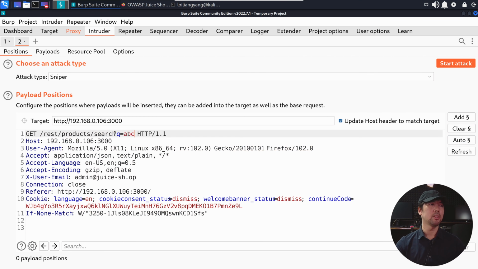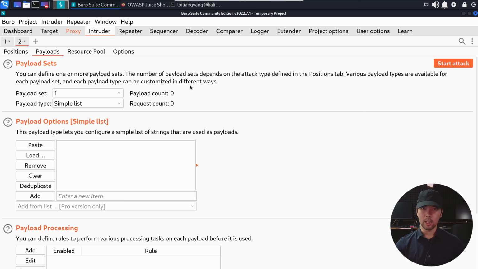So I can enter, say, ABC, double click on ABC, and click add. This will help us add in the payload marker. If I go over to payloads, one interesting thing is you may be thinking it must be pretty easy to gain access to the system. Maybe this doesn't work in the real world, because we expect more complex payloads in order to bypass